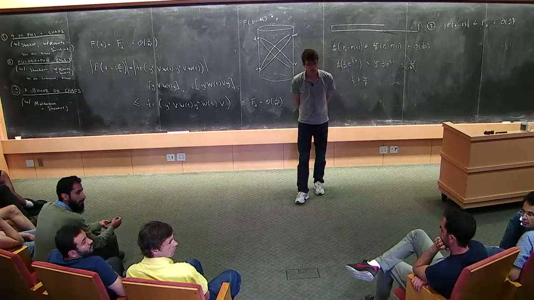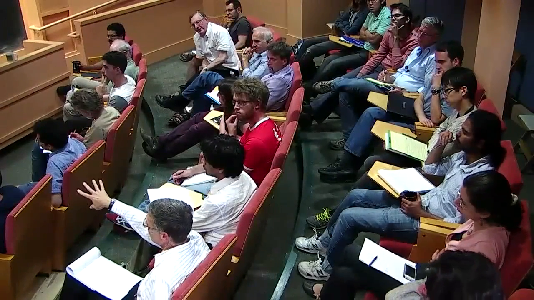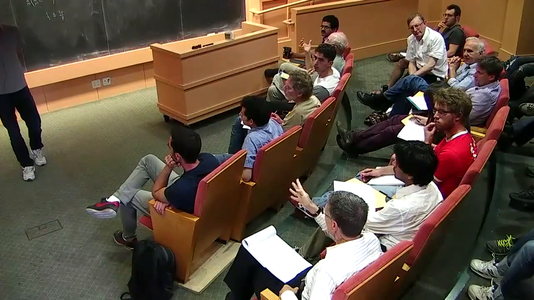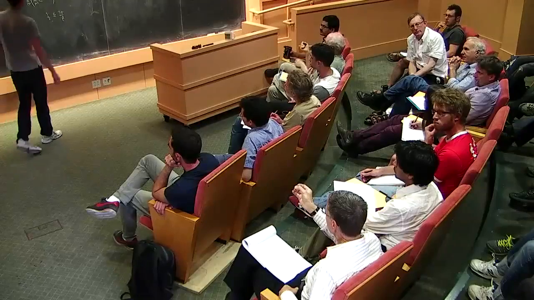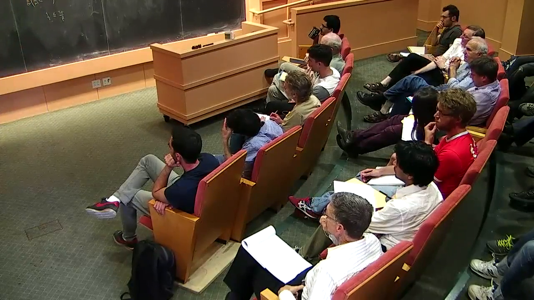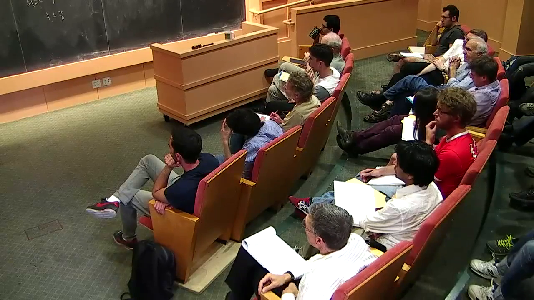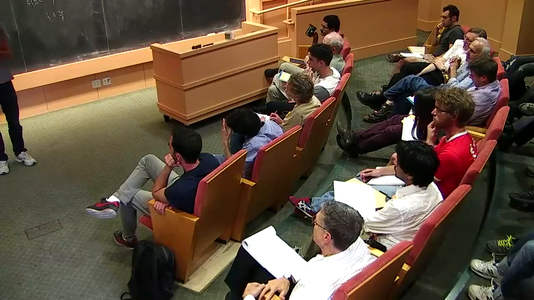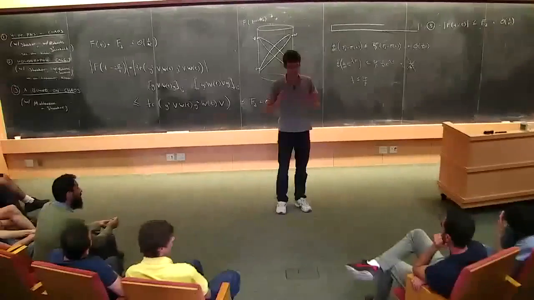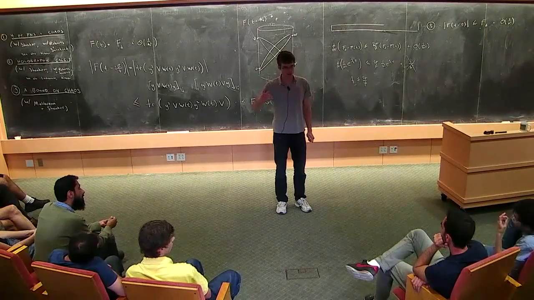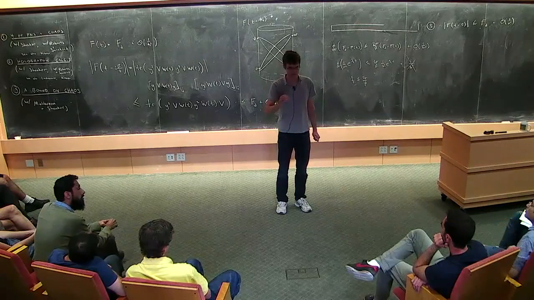So maybe somewhat related to what Steve was just asking. When Kitaev gave his talk, he also had this 2 pi over beta and pointed out that's the surface gravity of the black hole in the bulk. So in your case, is it connected directly with the surface gravity? Well, it's the surface gravity. I always forget the exact definition. But what this 2 pi over beta is, it's the relation between Schwarzschild time and the boost of the near horizon region. The boost parameter of the near horizon region is 2 pi over beta times the change in Schwarzschild time. And I think that's the same as the definition of the surface gravity.